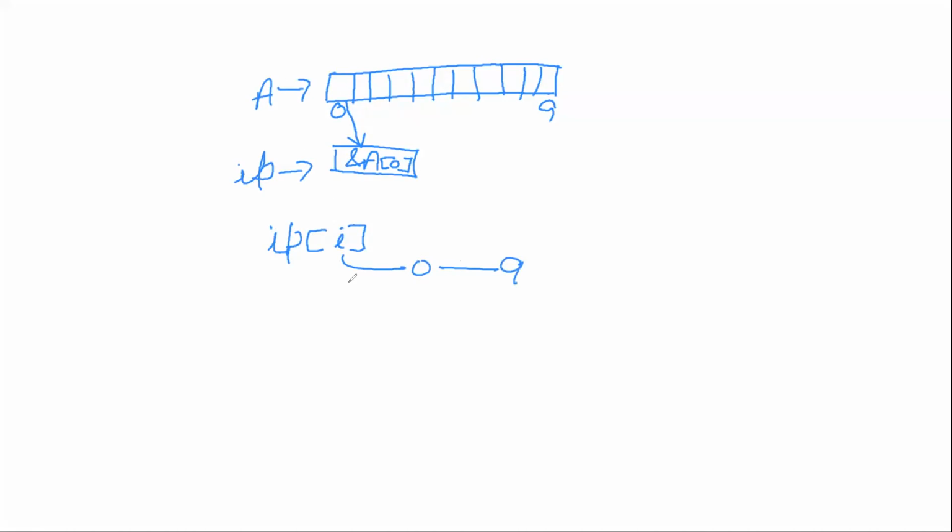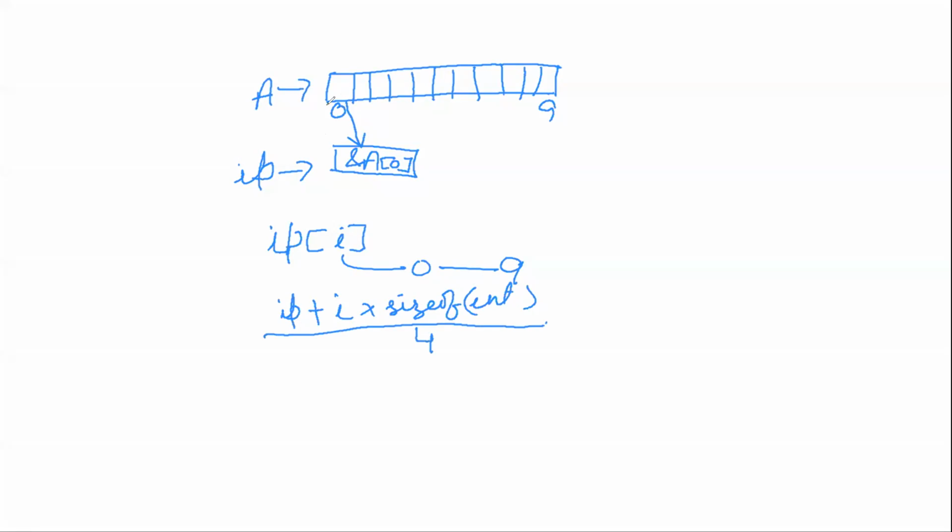So when i is 0, it will be calculated like this: i into sizeof(int). Size of int is 4, all of us know this. So it will be basically ip plus,